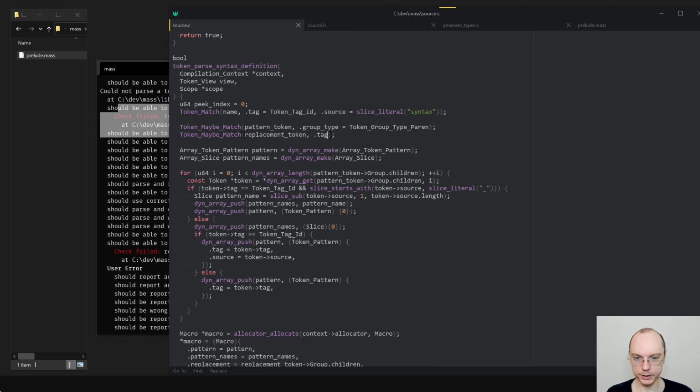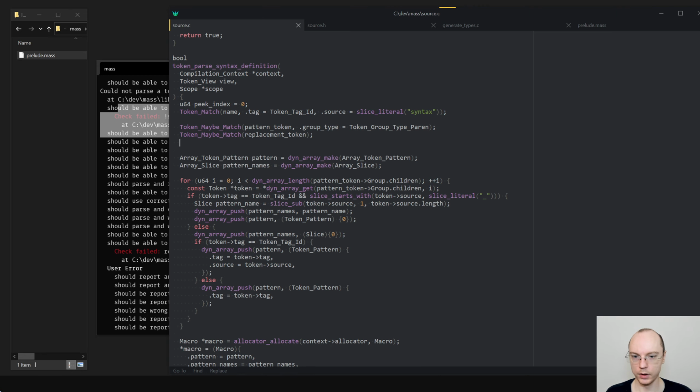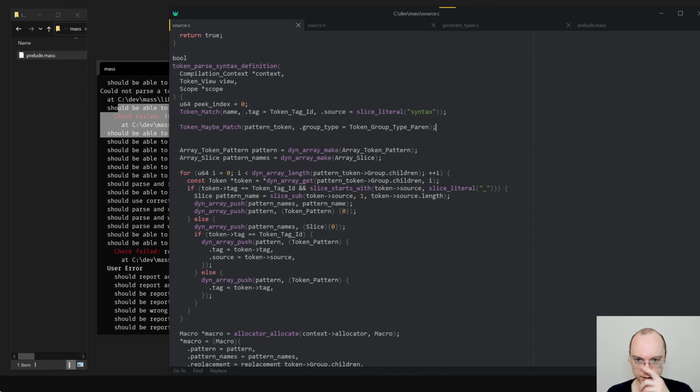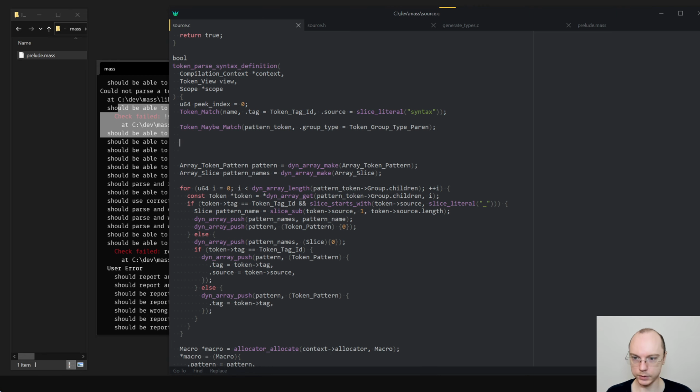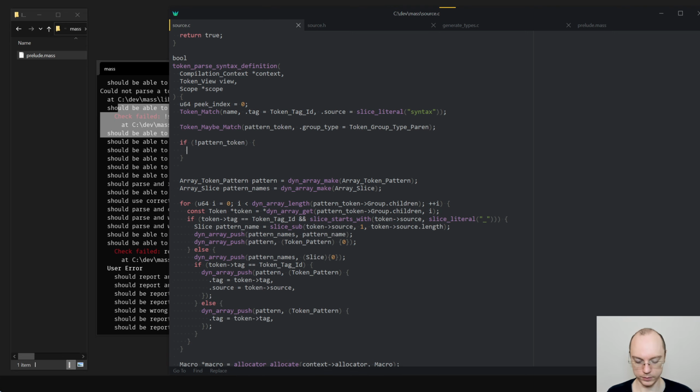And here actually we'll say tag is, no, I don't actually care what is here. We can even say that the replacement is the rest of this stuff. So now we'll say if not pattern token, then we will say panic to do user error.